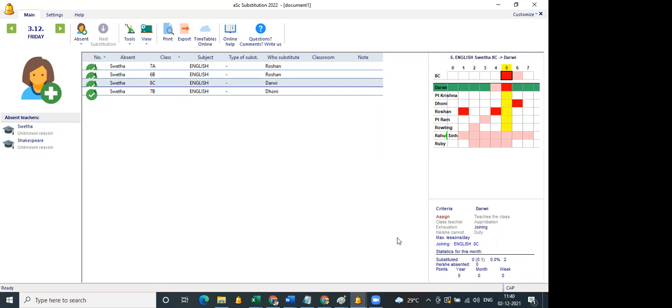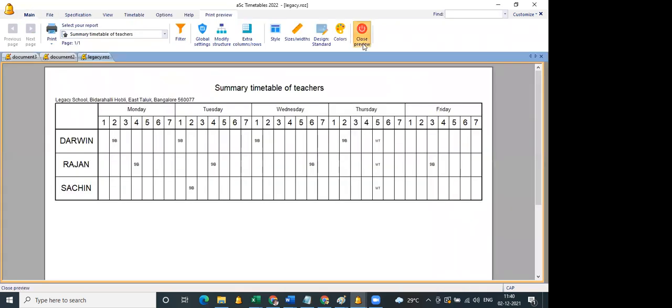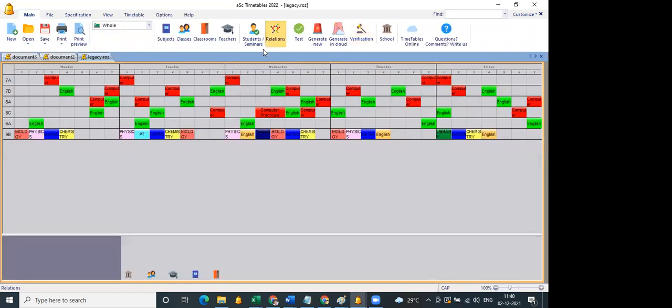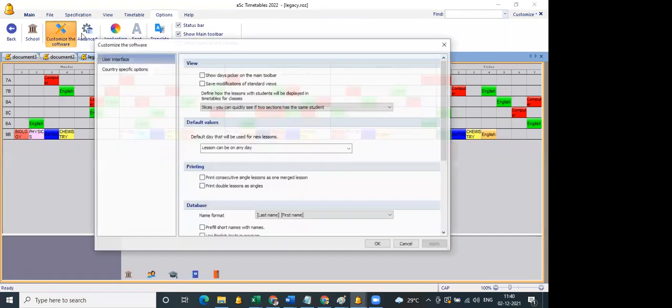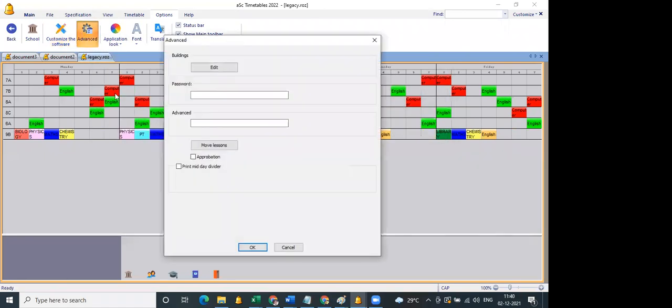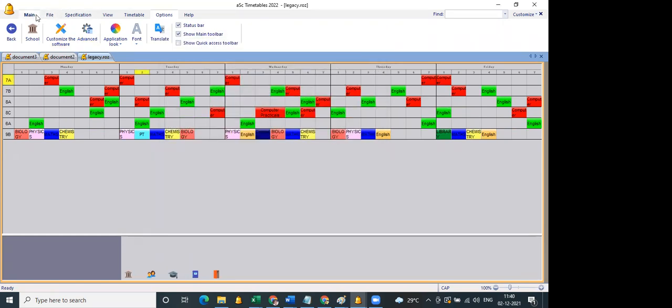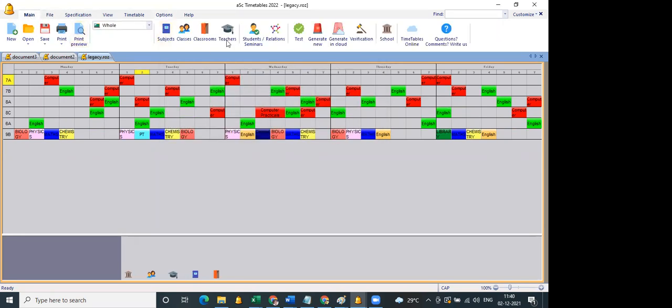But that setting, we have to set it in the timetable file. So here under advanced, you have approbation. You have to enable this approbation. Under options, advanced, you have to enable it. And then in the teachers,